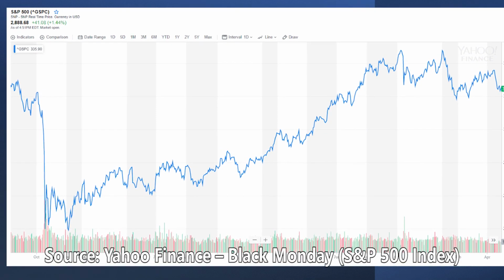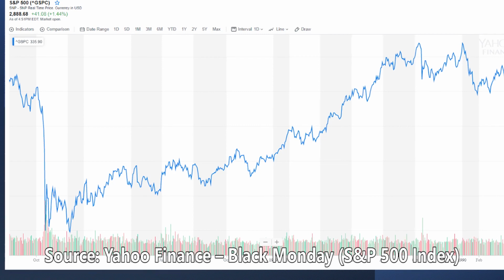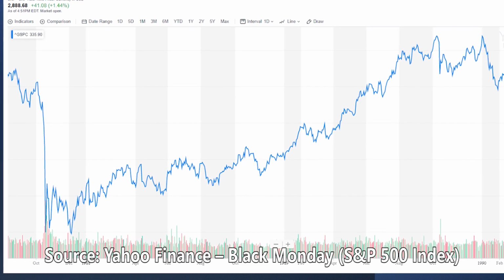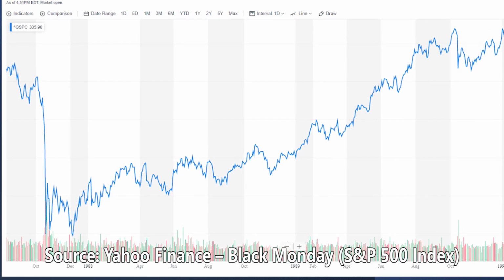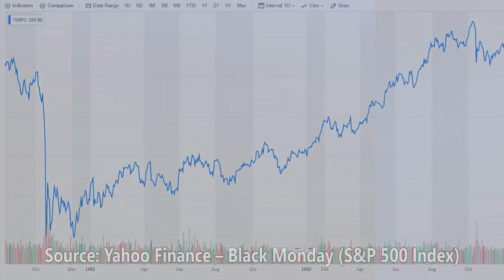And if we stretch it out even more, the S&P 500 index peaked in 1962 at around 70 points. Today, even after the crash, the S&P 500 index is trading at about 4,000 points, more than 55 times higher. Let's look at another example. Back in 1987, the stock market had one of its worst crashes, commonly known as Black Monday, where the stock market crashed more than 23% in a single day.